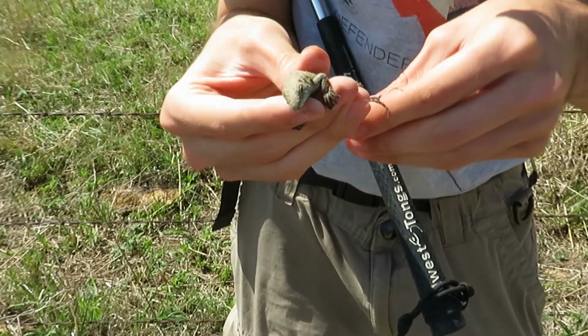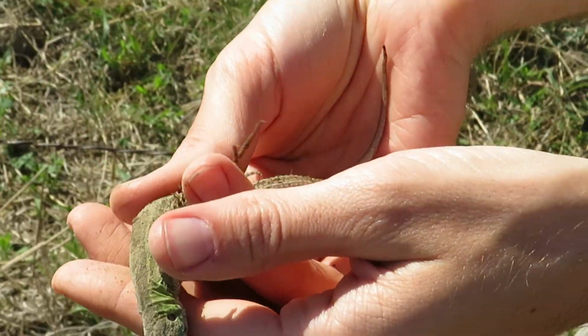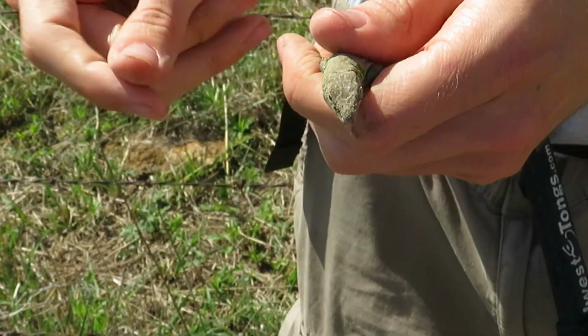We got a second racerunner who's covered himself in dirt here. Trying to clean him off so we can see his pretty green colors here and the blue on his sides. There we go. It's not often that I get to catch the big ones like this, but...